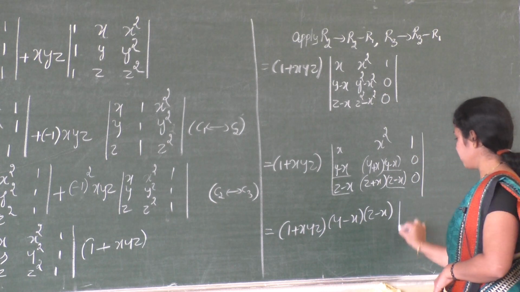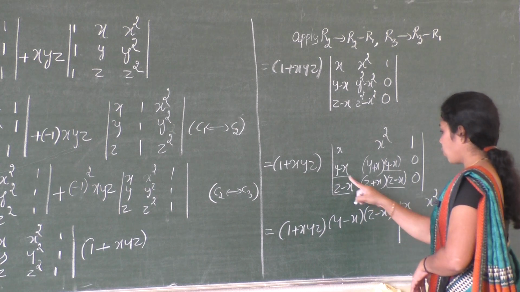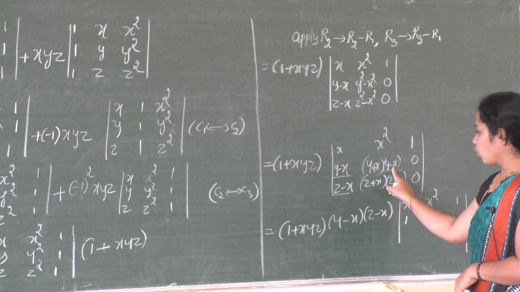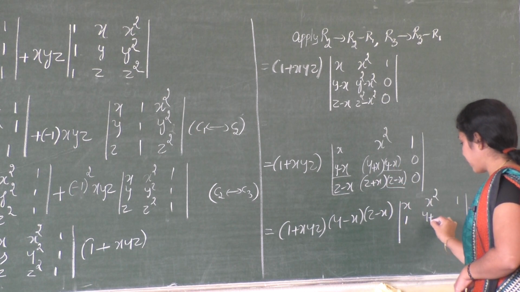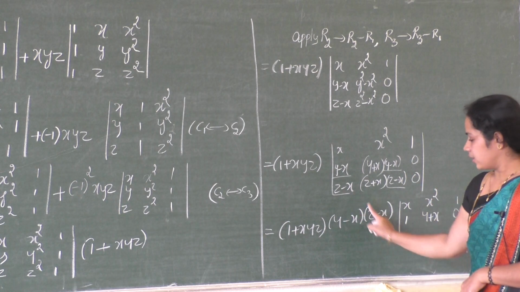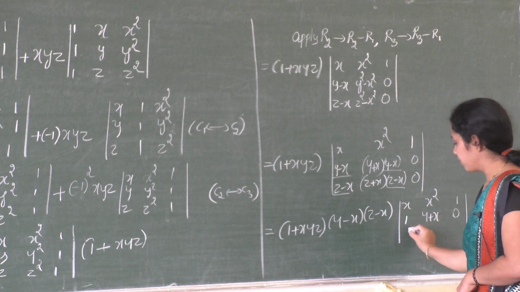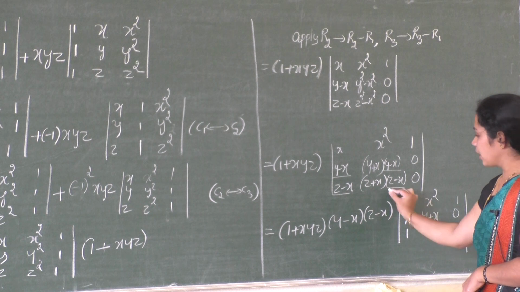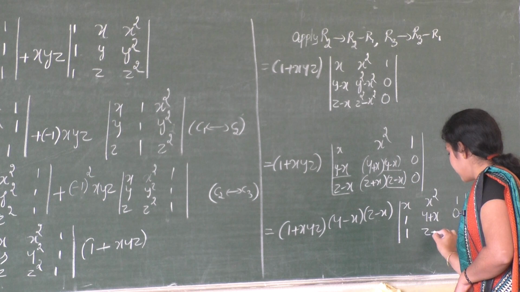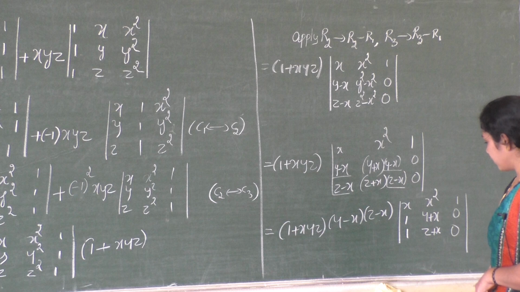What is remaining? x square 1, y minus x is outside, so remaining is 1, y plus x, 0. z minus x is outside, what is remaining here? 1, z plus x, then here 0. Now,